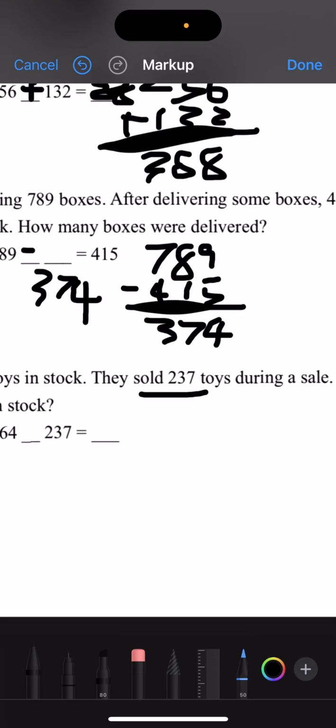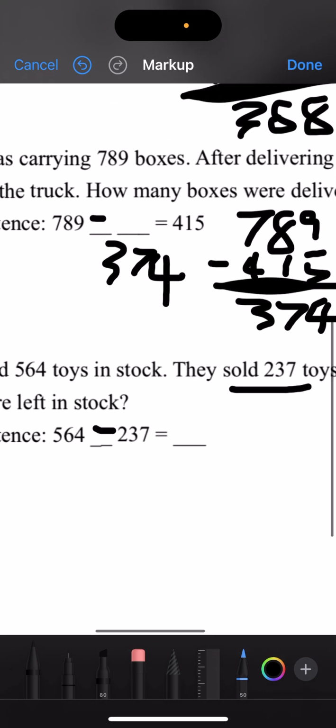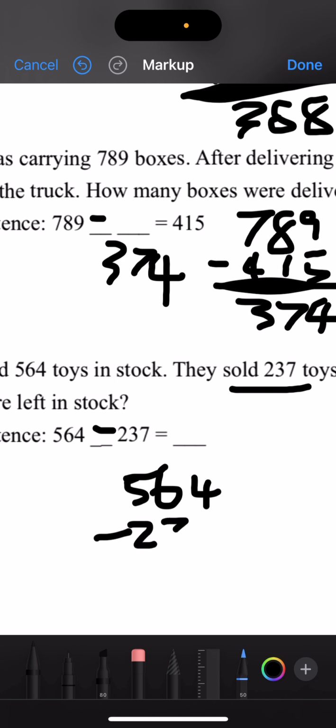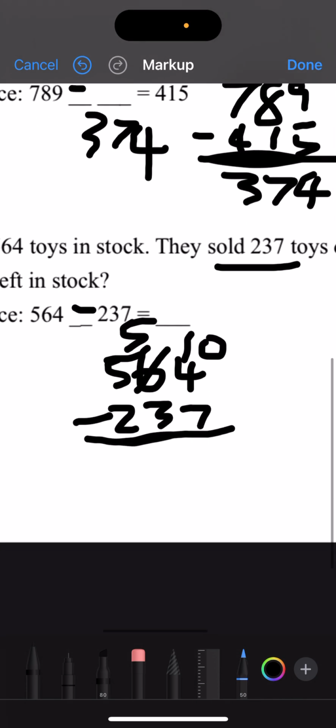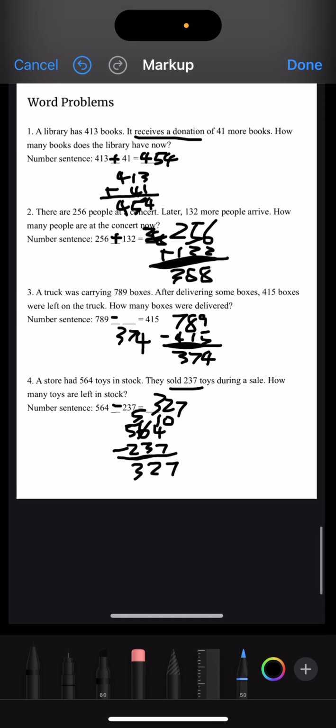Number 4. A store had 564 toys in stock. They sold 237 toys during a sale. How many toys are left in stock? If they sold it, that means they lost it. So that would be 564 minus 237. 7 is greater than 4, so we're going to borrow from the 6. So this becomes 14. And 14 minus 7, we get 7. 5 minus 3 is 2. 5 minus 2